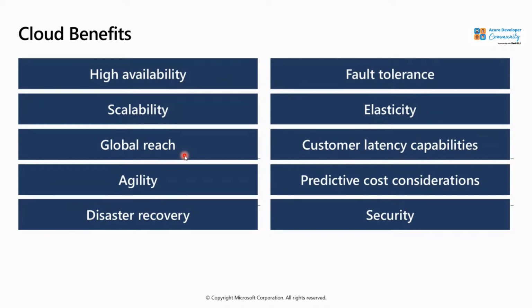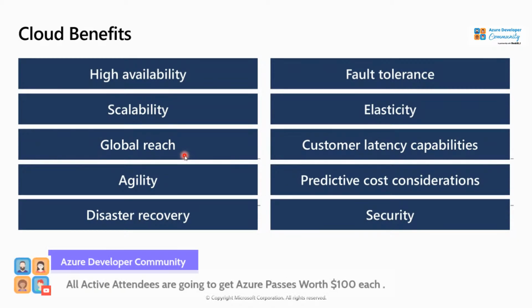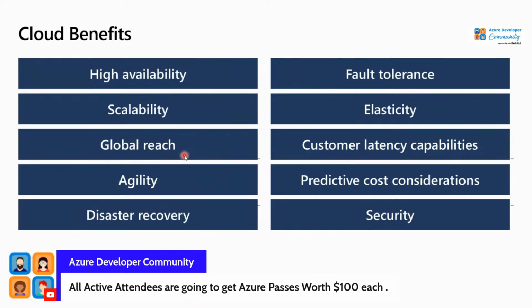So yeah, high availability. I guess high availability is one of the most important part of cloud computing because that is one of the reasons why people will go for cloud computing. Like, let us say if you are having a traditional application, there is a very good chance you want to do an update, you want to do some maintenance, you have to bring the application down, you need to have some downtime on your application.